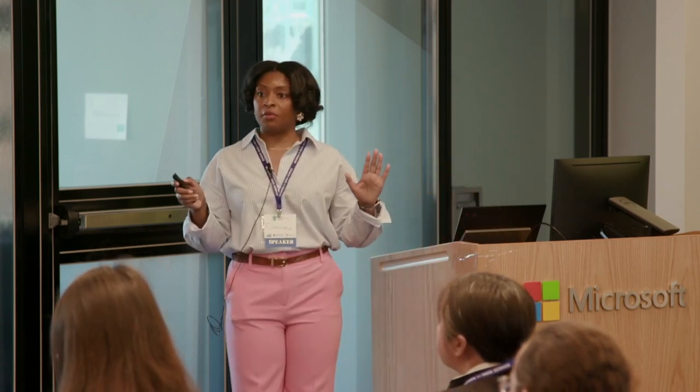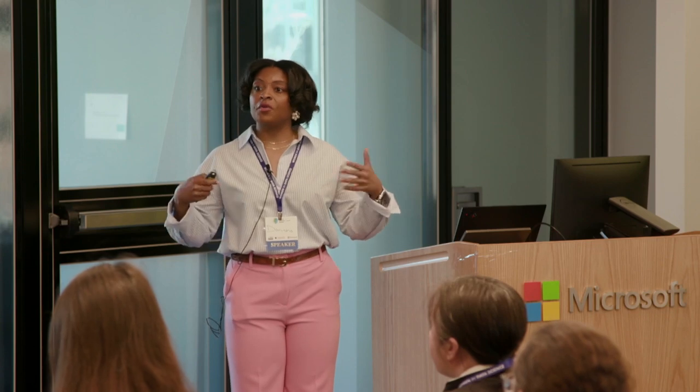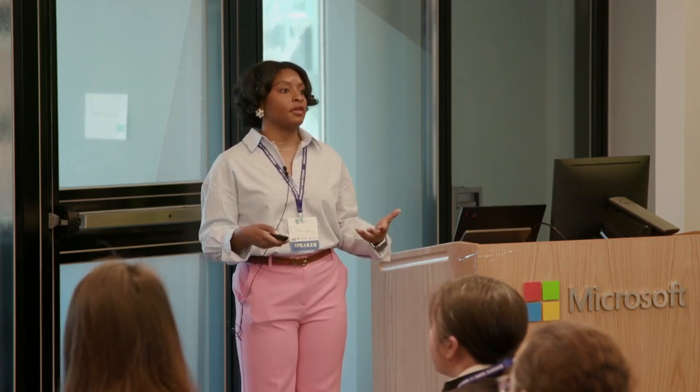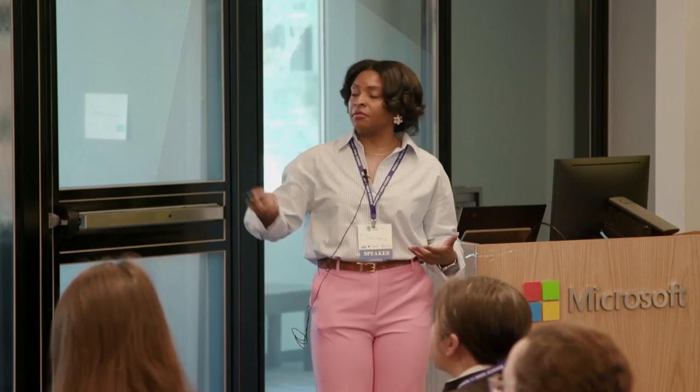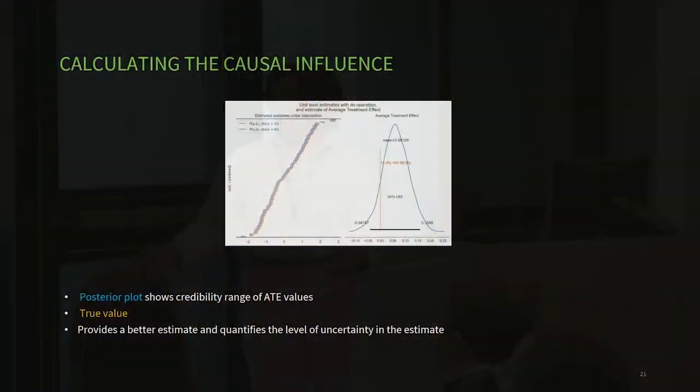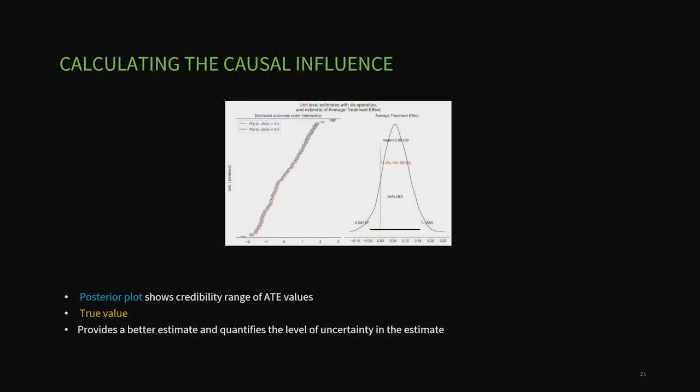That is a beautiful thing about Bayesian inference. We're not just getting point estimates. Throughout this entire talk, we've gotten an entire distribution for everything that we've estimated. So if we were to use these two distributions, compare them, and calculate their expectation, we might get something that looks like this. This is a picture from a Python software package. We get an entire posterior plot that helps us understand our average treatment effect, or what we would expect if we were to sample a small group of customers. What would their average treatment effect be?